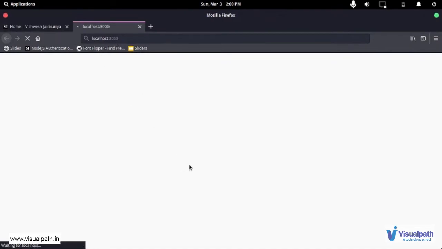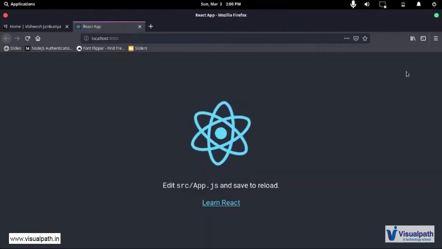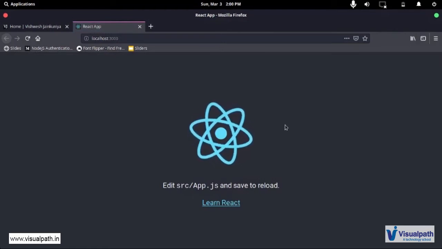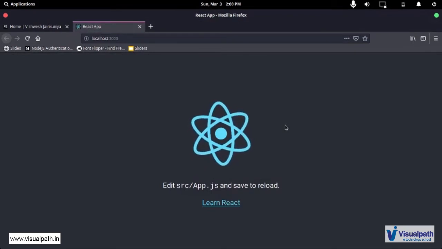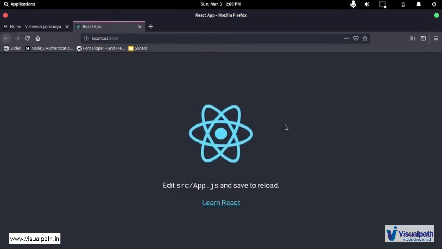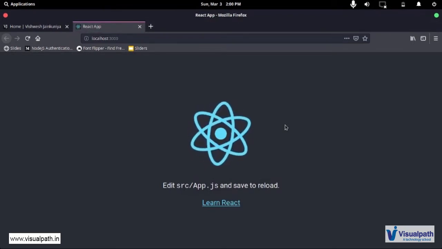Now we'll see that this looks ditto like the app we had last time, without cleaning anything. So this looks like this. So let's jump to what we are going to make, then look into how we are going to make that and how we are going to go about it, and then we'll start coding.